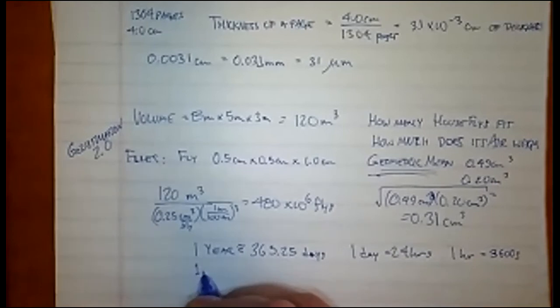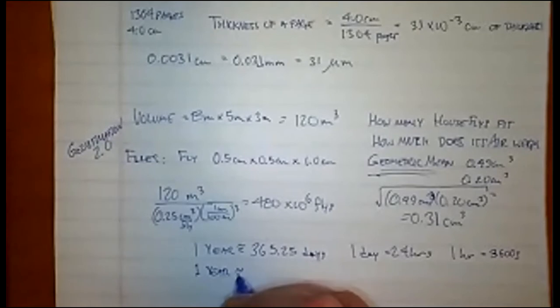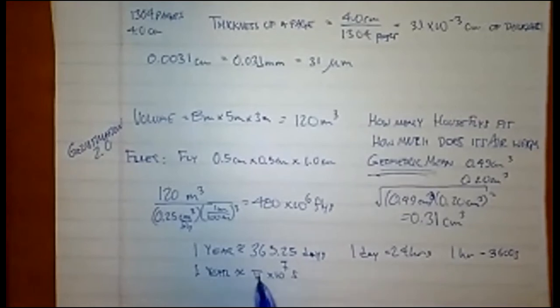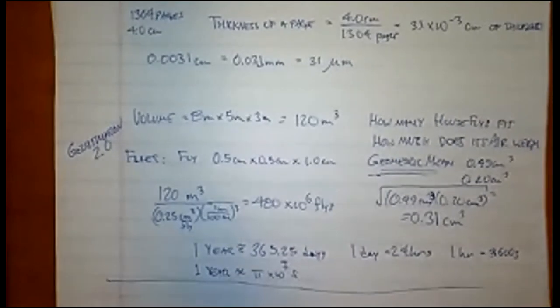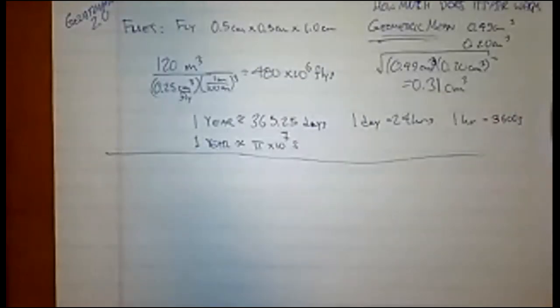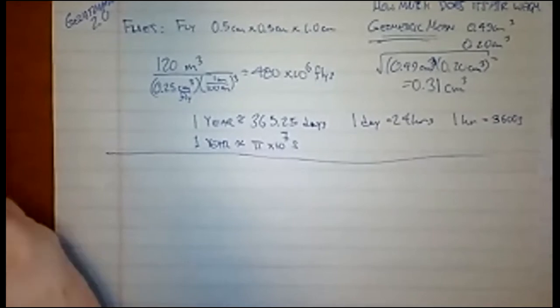But it turns out 1 year is also approximately equal to pi times 10 to the 7th seconds. So you're thinking 3.14 times 10 to the 7th. That's a really good estimate. It turns out it's actually 3.15 if you want to carry 2 decimal places. But that's another thing that you can use. That would be, say, a constant that you could put on your equation sheet for your test if you wanted to. Okay. All right, so those are some of the approximations you should make.